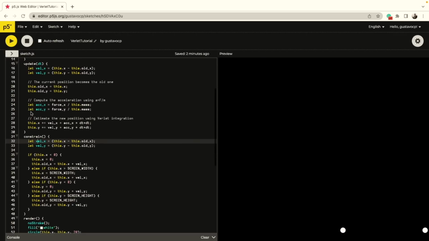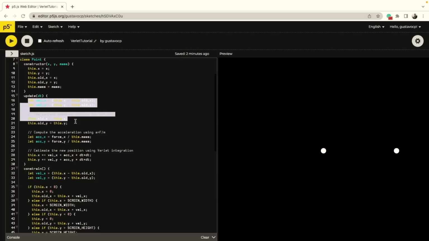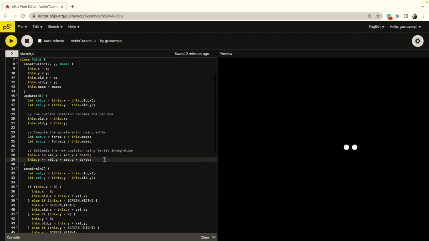All these lines of code right here in our update, they are using that formula that you saw before, that we derived, right? Using only the current position and the old position, and of course the acceleration of the system given by the forces. Only using these two positions, current and old, we can create this simulation of movement of our system. Verlet integration is accurate enough, it has a similar accuracy as the Euler integration, but it is more